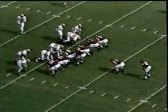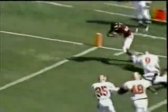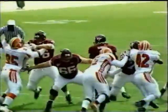Let's see what the two tight end set. No, check that. Jeff King, the only tight end. There's a throw to David Clowney, getting a start this afternoon in the place of Eddie Royal. Nice move by Clowney, and that's a Virginia Tech touchdown. Touchdown. You can see Brian Randall takes a three-step drop, throws it out on the quick out to David Clowney. Clowney makes a nice inside move, gets into the end zone for the Hokies with a minute and 20 seconds